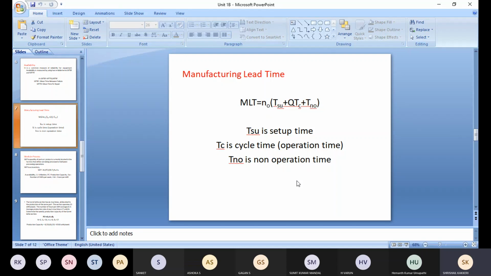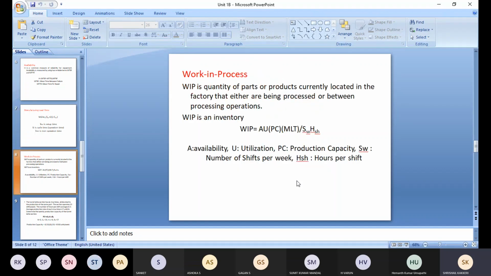Pre-operation time, it may be operation time, or it may be just idle time, or it may have been completed. That will be deciding it. And work in progress, I have already explained. Some of the works have been totally completed. Some of the works will be waiting to enter the next workstation, and some of the work will be in between the workstations. That will be deciding the work in progress. Okay, try to remember these formulas.